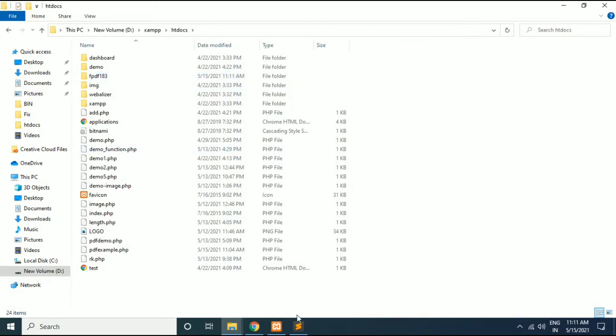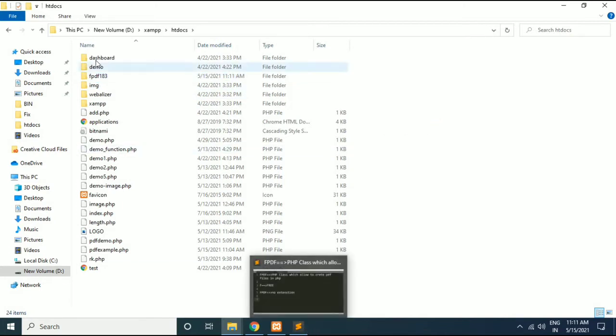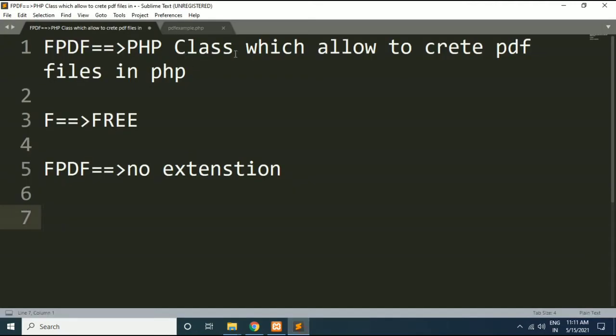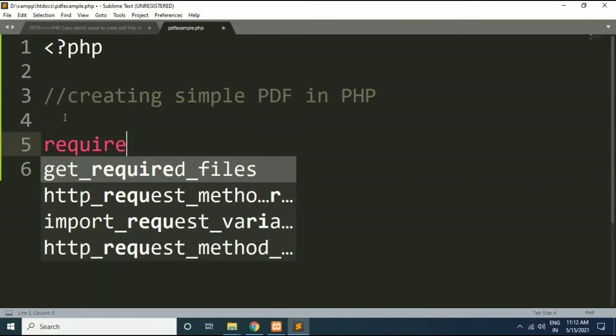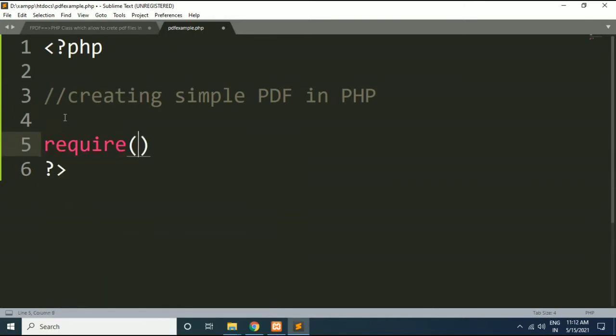Okay, now we will try to understand how we can use this FPDF library for creating PDF files. So here first of all I will include the fpdf.php file within this script. In order to do this I will use the require function. Here we need to pass the path of the fpdf.php file.